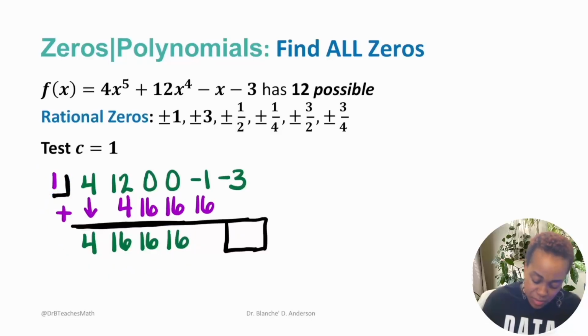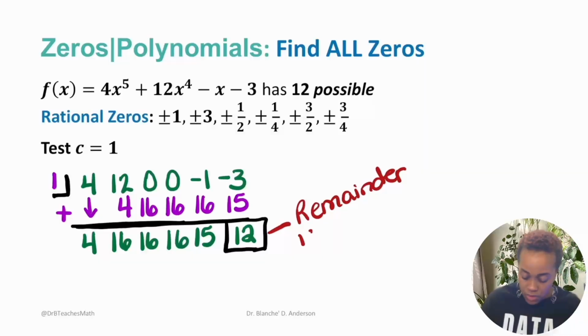And then 16 plus -1 is going to give us 15, so it drops. And then 15 times 1 is going to give us 15. And then 15 plus -3 is going to give us 12. Okay, so this remainder here